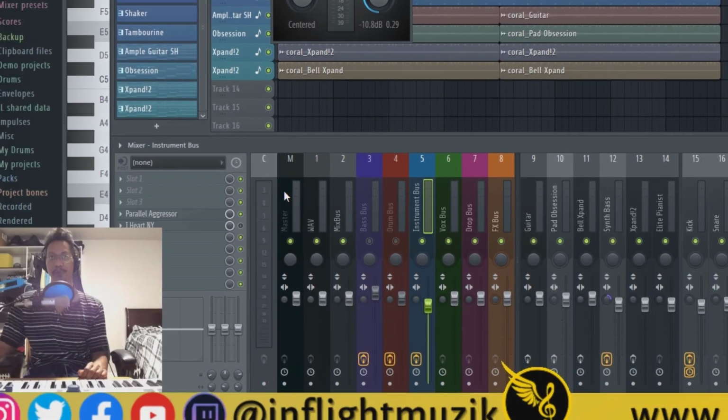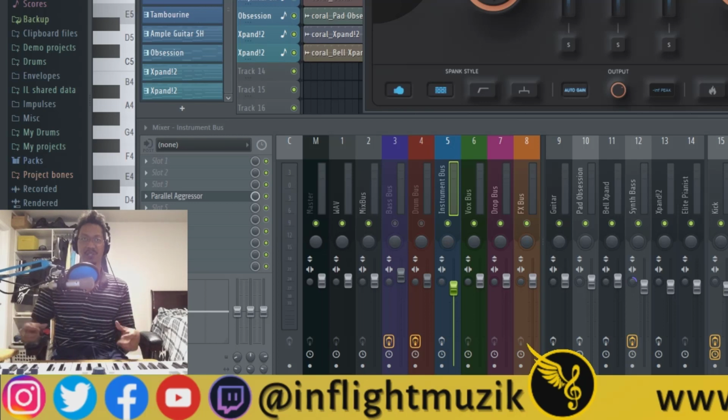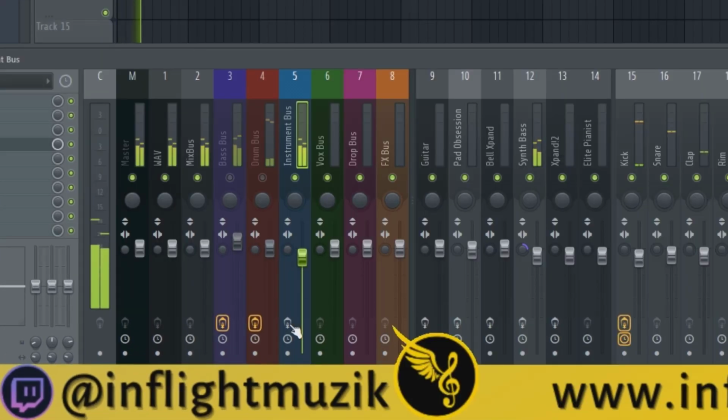And now we have our instrument bus. You should hear the biggest difference with this. And again, pay attention to the higher frequencies and how they open up. So without it,